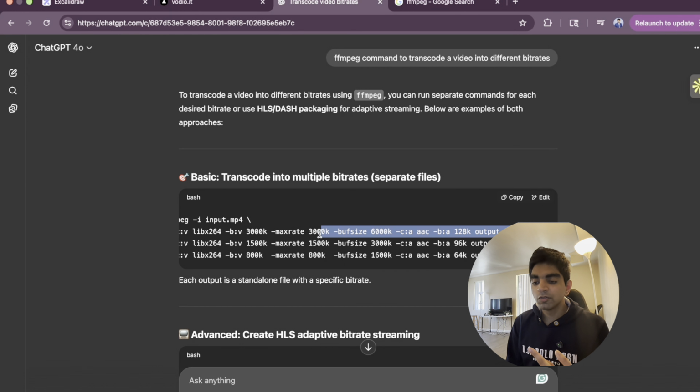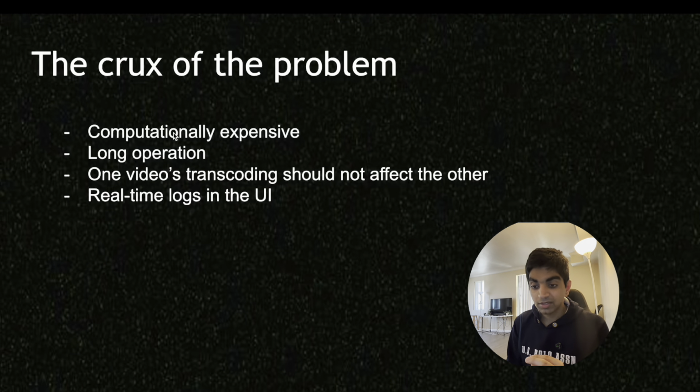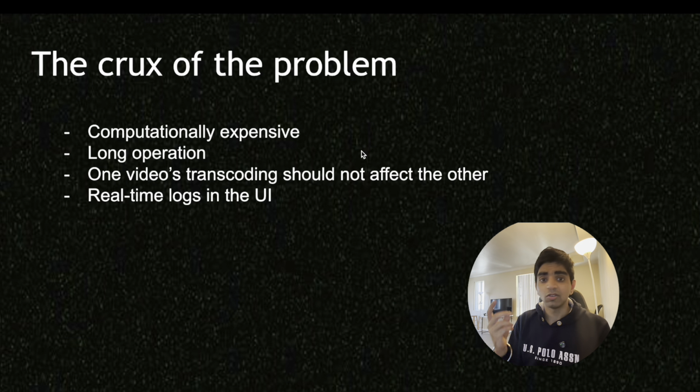Now, because we're converting a video into a different bitrate, this is computationally expensive and this is a long operation, which means that this will not just be like a 1 second thing or a 2 second thing or a 10 second thing. This process could potentially take minutes, especially because you're trying to convert it into different bit rates. So this process could theoretically take minutes. And it could differ by the length of the video or the current quality of the video or a bunch of other parameters, really. And therefore this is a long running operation,